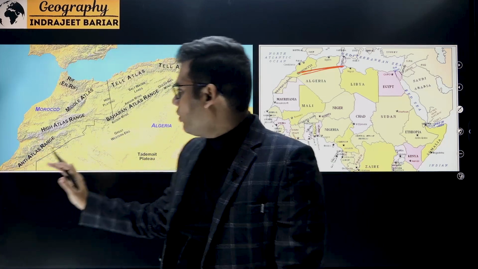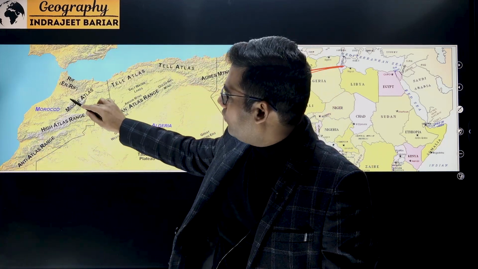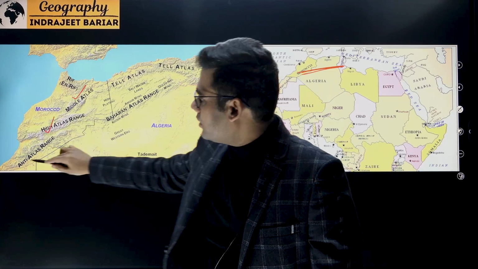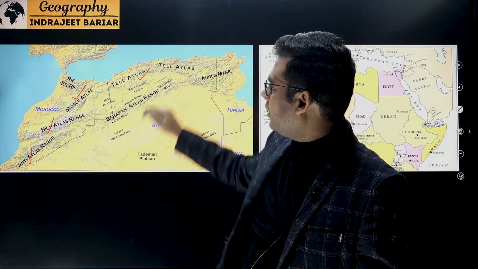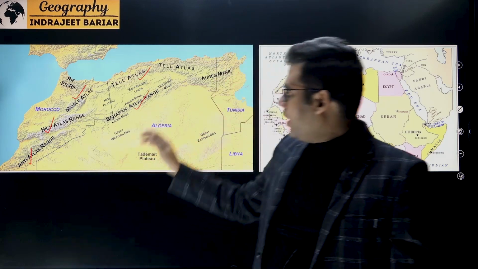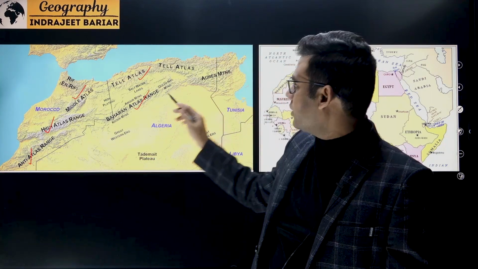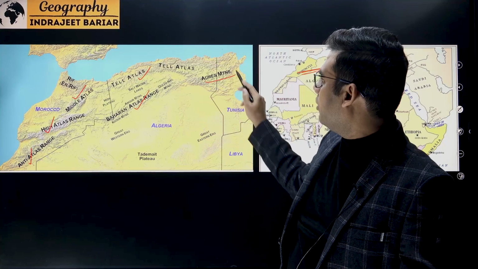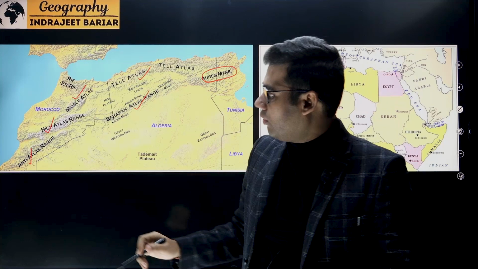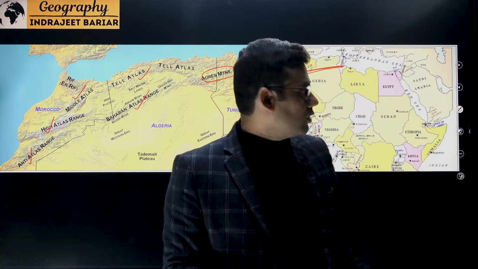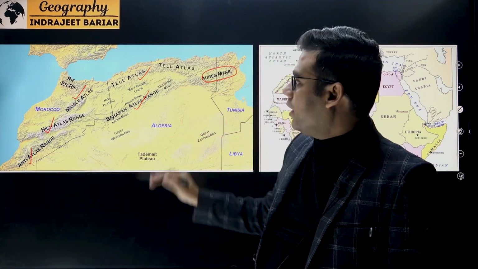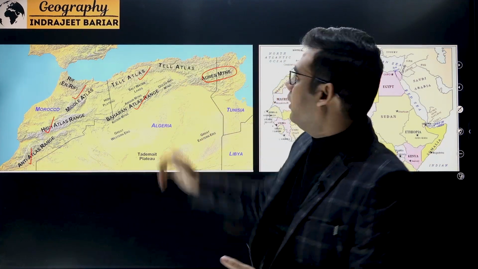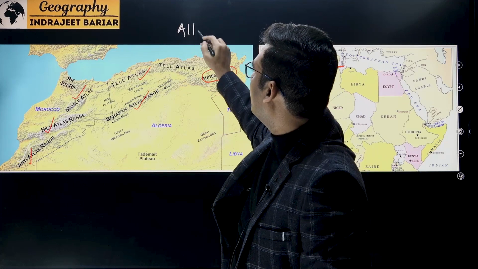Different parts of Atlas Mountain, if we see, first of all, in Morocco, we have Middle Atlas, High Atlas and Anti-Atlas range. Further, in Algeria, I have Tel Atlas and Saharan Atlas range. And the extension of Saharan Atlas range into Tunisia is called as Oris Mountain. So these are the different parts of the Atlas Mountain ranges. Now in this case, what we see is the Anti-Atlas range. Anti-Atlas ranges were formed during what we call as